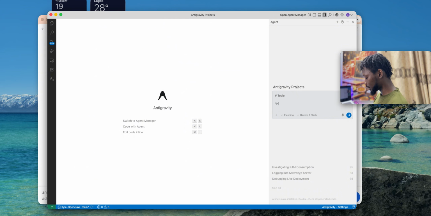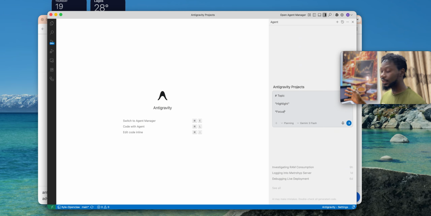for highlighting that it should do something. Then I also make use of this, bold, to actually make it focus. Let me say focus. So these are the 3 signs, or I don't know what else I should call it, but these are the 3 things that I do make use of. And the reason I've been making use of this is